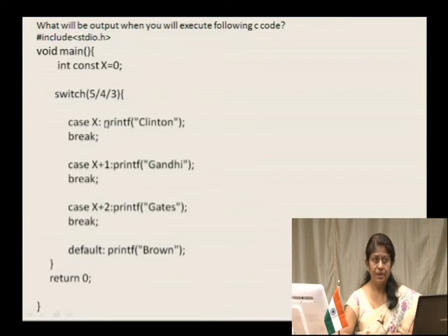If you look into this switch statement, we have a switch expression, but it is not a valid expression, because it should be a single constant value that could be compared with the case values. As we have given 5/4/3, it does not match any particular integer value. So, that is why this is an error.